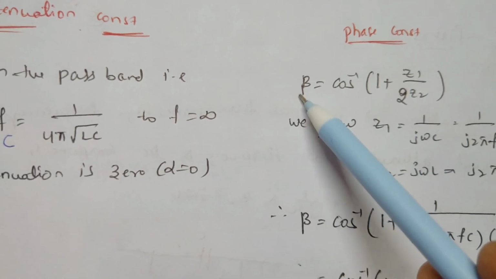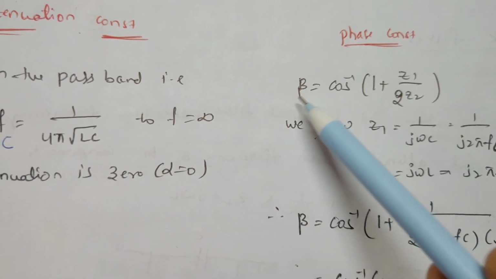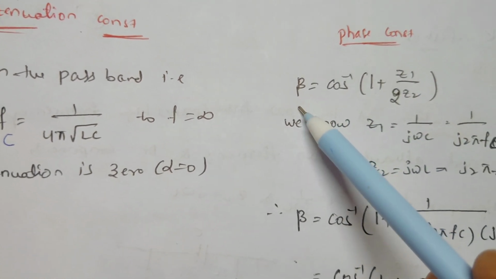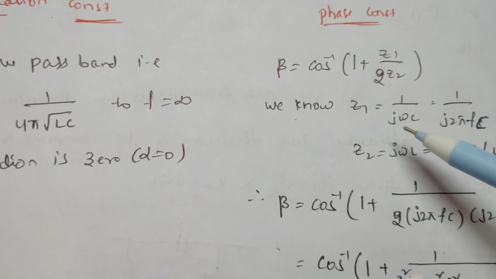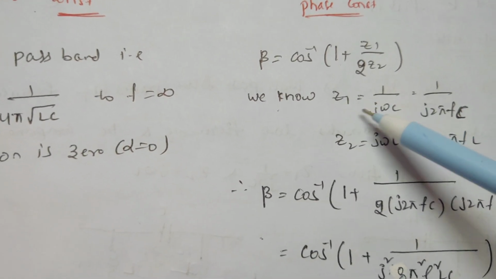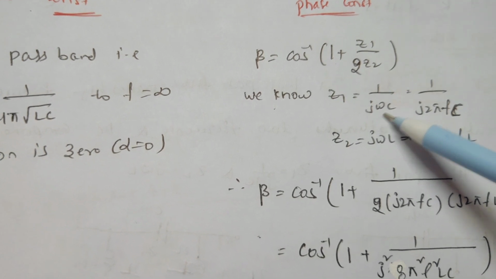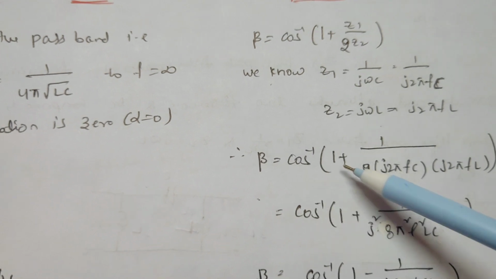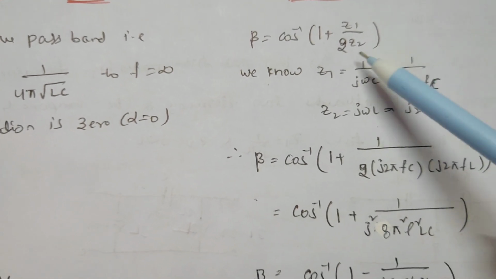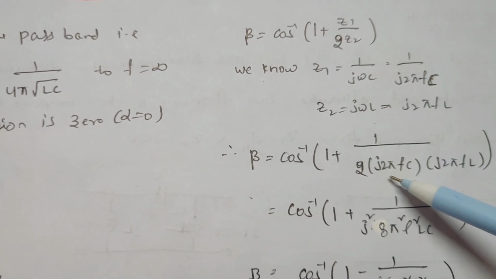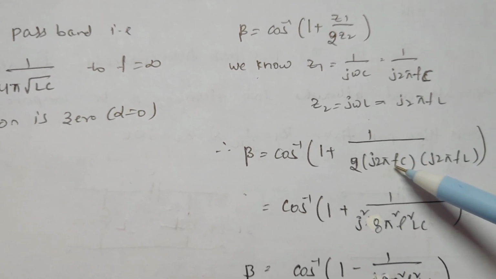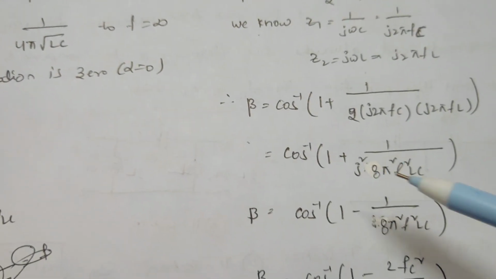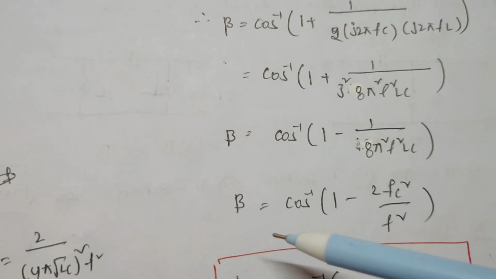Here in general we get this term as an imaginary term j beta, and we know cosh inverse of j beta is nothing but a cos beta term. So here I'm taking beta as cos inverse of 1 plus Z1 by 4 Z2. And by simply substituting Z1 is equal to 1 by j omega C, Z2 is j omega L, we get a term cos inverse of 1 plus, this is 1 by 2, Z1 is 1 by j omega C, that is 1 by j 2 pi fC, and this is 1 by j 2 pi fL. So upon simplifying this, we get a term